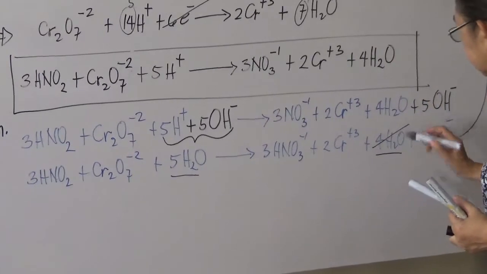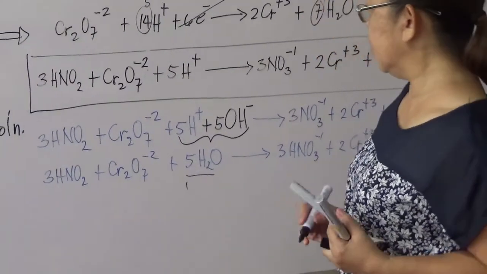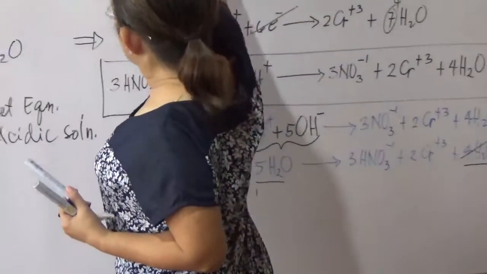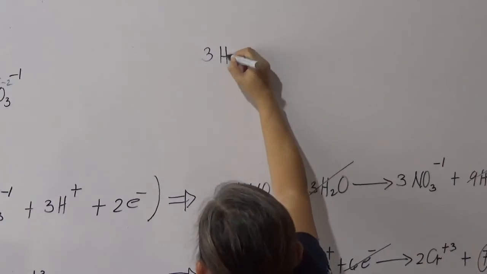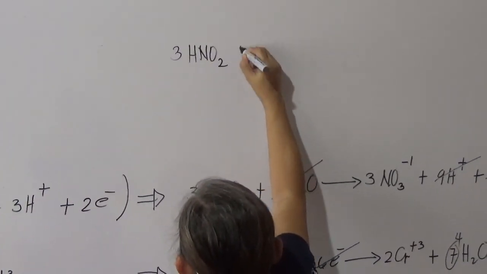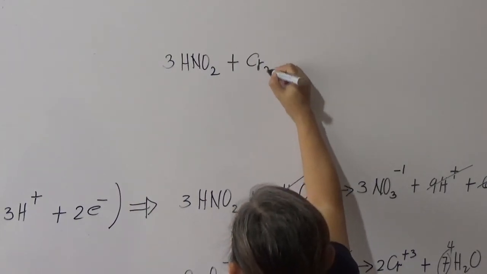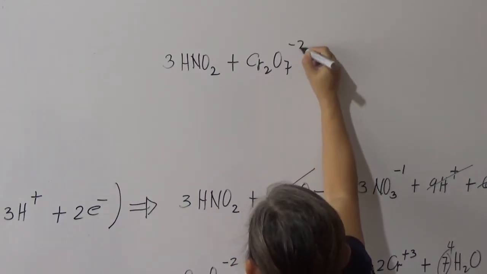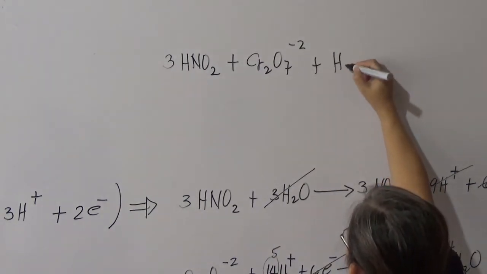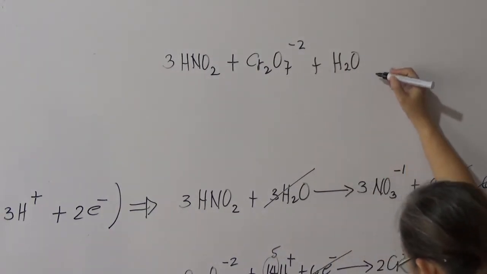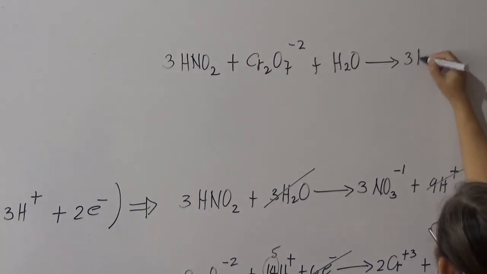Everything here will be cancelled out. What remains is 1 mole of water. So the final answer is you have 3 moles of nitrous acid and dichromate Cr2O7 -2, and you will have only a molecule of water